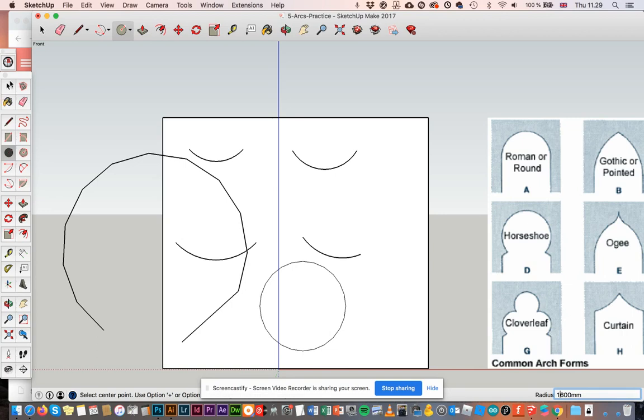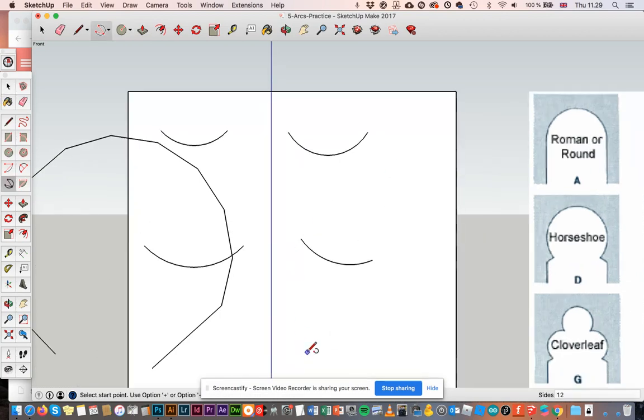Let's start over. Let's go to this guy. Let's see if I can remember how to do this. When you're drawing a circular shape, there's a default of how many segments your circle has, and that is something that you can control in different ways. I can't remember all the ways off the top of my head,